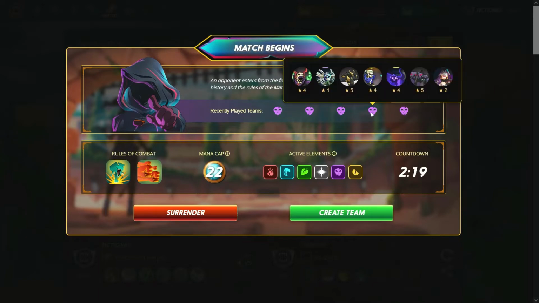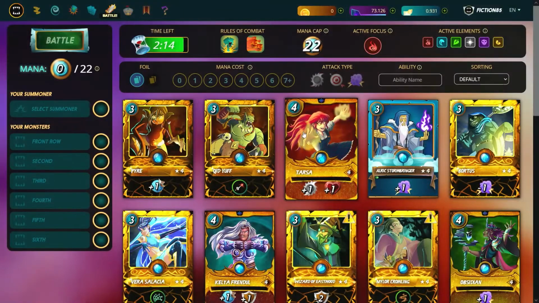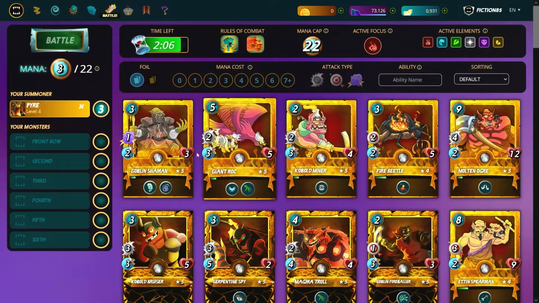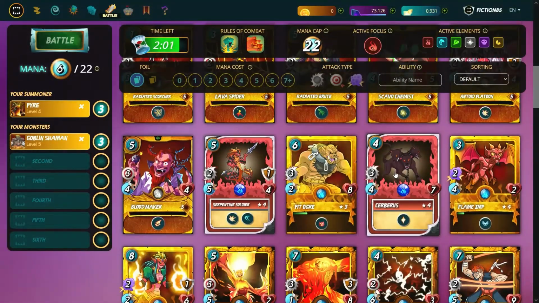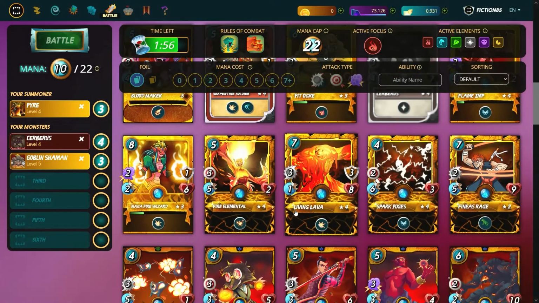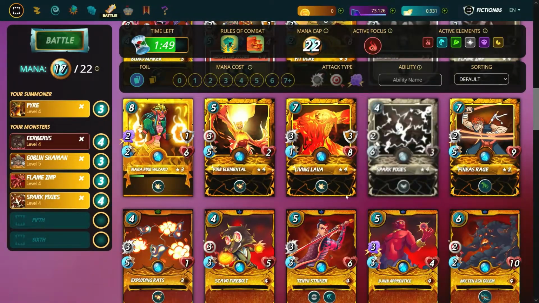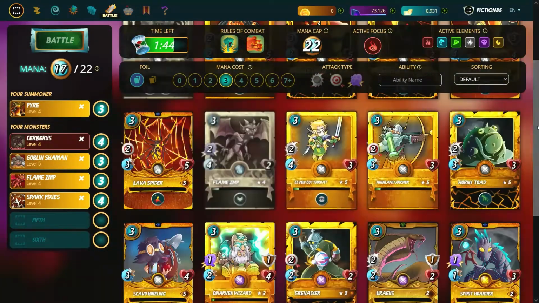So it looks like they're probably going to go with the melee down. It is trample and knockout. I think we're going to go with speed here. We're going to slow and weaken. We'll put our Cerberus up front. We'll take our Flame Imp. I think we will also take a sniper,